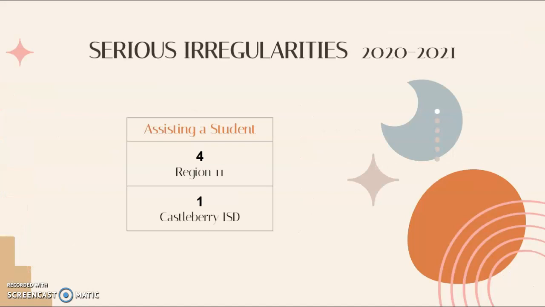Last year, Region 11 districts experienced 4 serious irregularities, one being in CISD. With proper training, this was preventable. Also, campus testing coordinators should use judgment when assigning test administrators. If you are uncertain that a person may not follow proper procedures during state assessments, please allow them to assist with assessments in a way that does not involve test security.